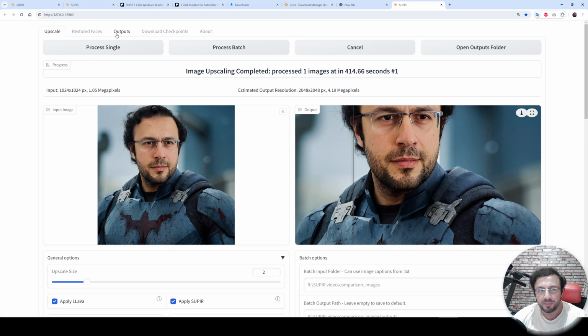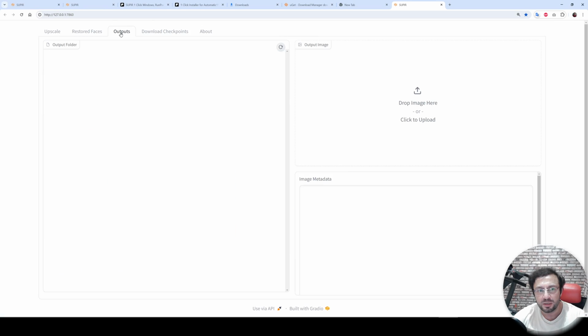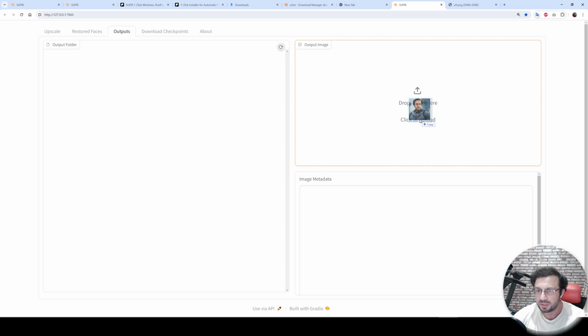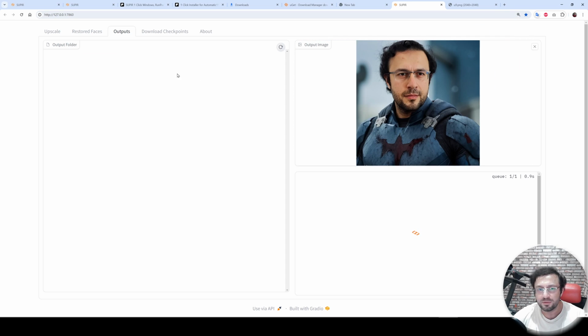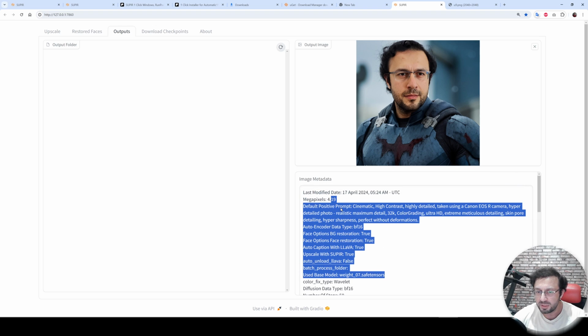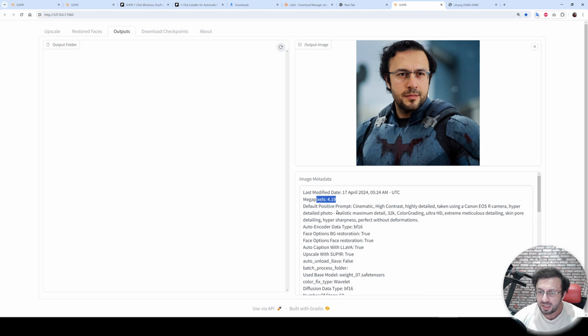Moreover, we have another amazing feature. When you go to the outputs, you can drag and drop your image here to see its metadata. So I will drag and drop my image into here like this. Pay attention to this red border, and it will load the metadata in a moment. Yes, you see used base model, time, megapixel, everything.